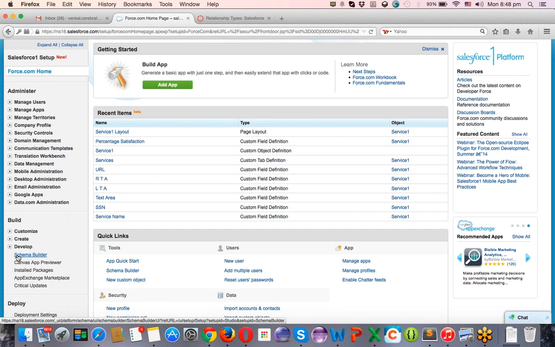Here you have to build a relationship from employee salaries to employee, mapping employee ID.